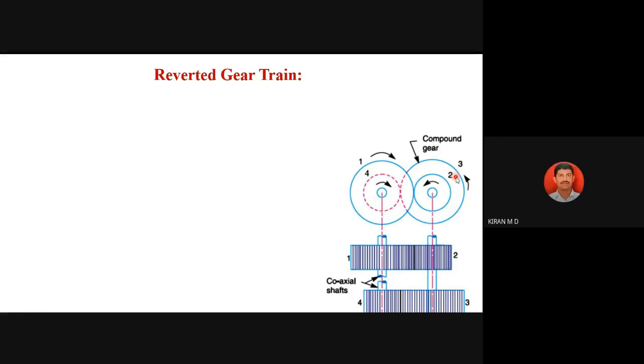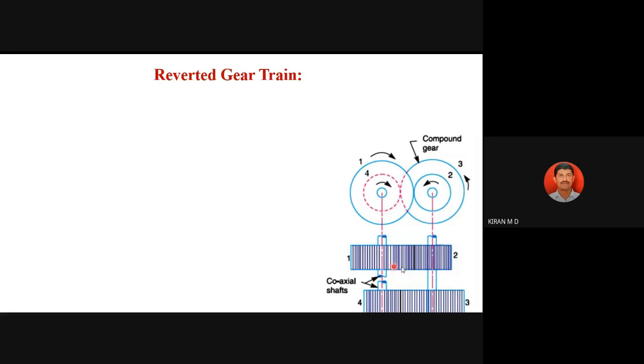Yes, sir. So both the axes of the second needle, minute needle, and hour needle are the same. At that time, we are going to use this concept. For example, consider this shaft is maybe the second needle. Consider this the minute needle, rotating 1 revolution per hour. So I need to introduce one more needle, the second needle, that should rotate 1 revolution per minute. But the axis should be the same. At that time, we will use this reverted gear.